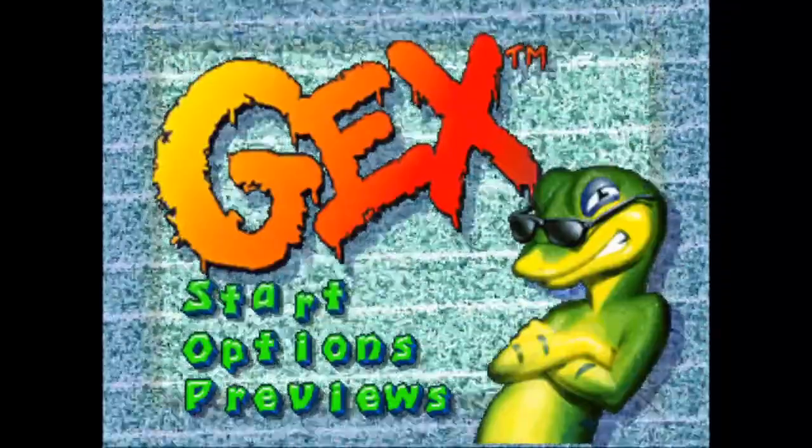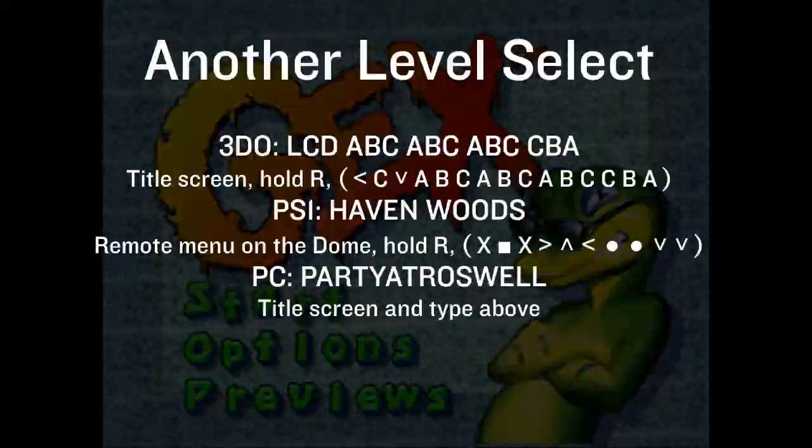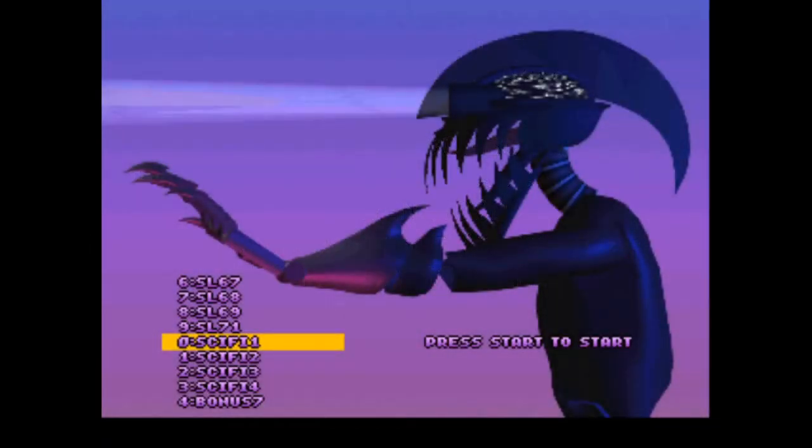But wait, there's more! There's another level select code that lets you enter the secret sci-fi levels. The levels labeled sci-fi in the other level select don't work. Choosing the level